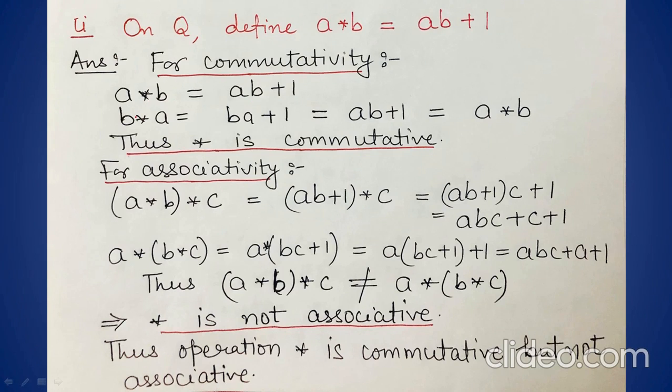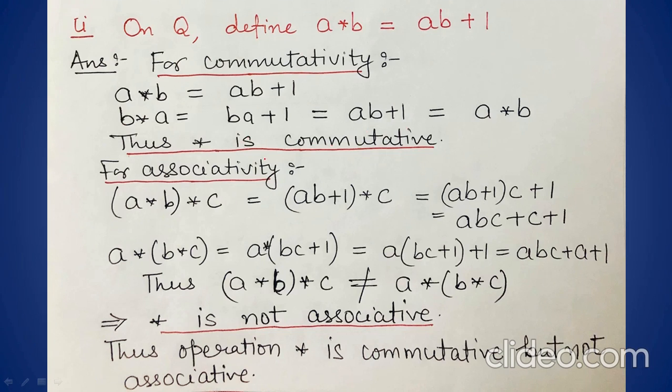Now again we find out B star A. तो in place of A we put B and B के place पर हम A रख देंगे. So it becomes BA plus 1, which is again equal to AB plus 1, because in rational numbers BA equal to AB. It doesn't matter if we put B before or A before. BA is always equal to AB, that is product of two rational numbers. That does not depend upon their order. So AB plus 1 के इक्वल आ जाएगा ये. तो यहाँ से हमारे पास क्या आ गया, B star A equal to A star B, or we can say A star B and B star A are same, and thus our star is commutative.